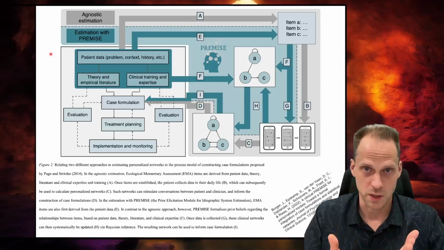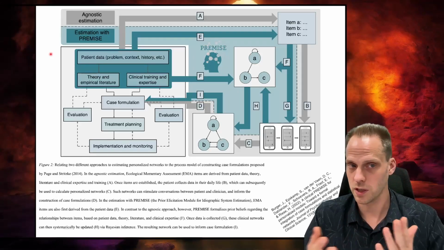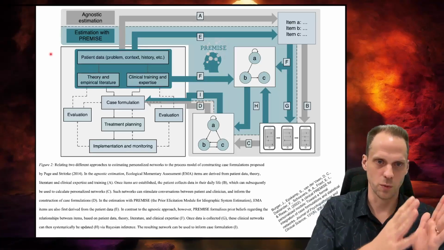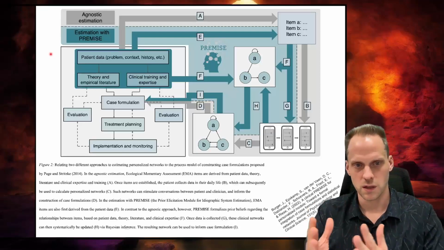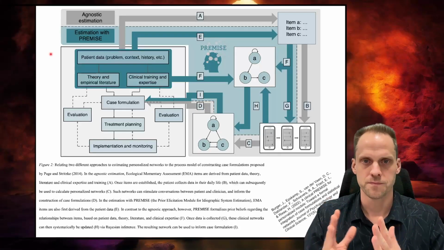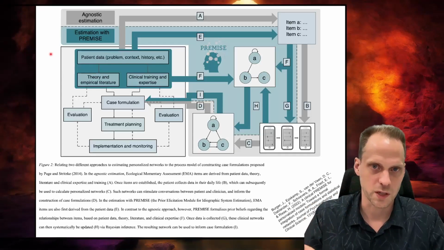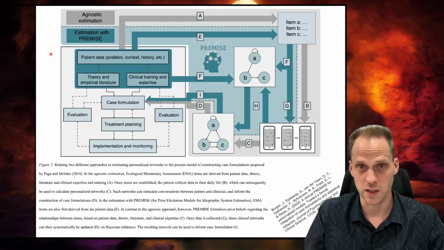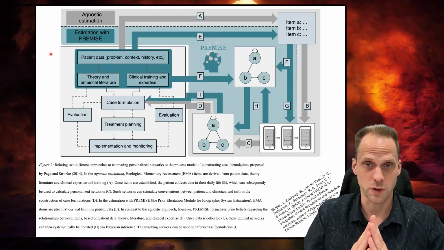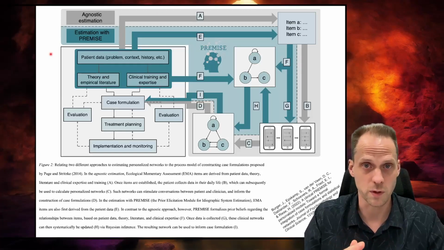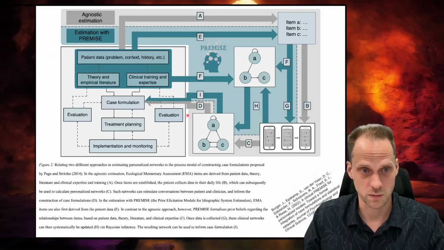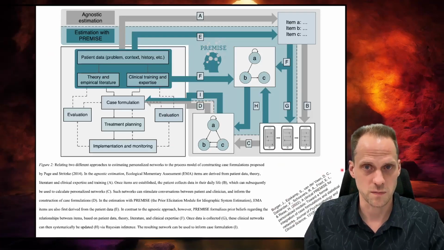But in clinical practice, we have a prior idea. We have clinical expertise. We can ask the patient questions like, what do you think is going to happen? So we could also take a starting point, not this basic null model where nothing is included, but a clinical expertise model that includes already things that we expect to be in there, and then try to find evidence in favor or against that model. This might help estimating these models if we have a really strong prior idea already on what the network would look like. If you're interested in this, then check out this paper. It has some really nice figures as well, explaining network modeling.